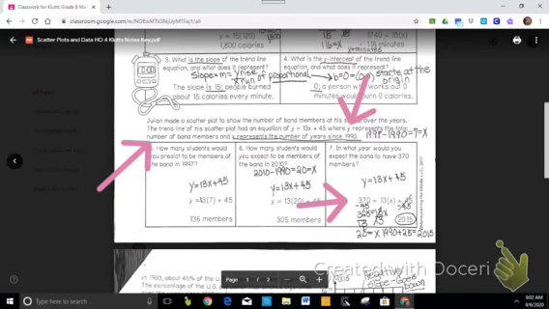To solve for x, we do the one with the variable last. The opposite of positive 45 is negative 45 on both sides. 370 minus 45 is 325. 325 equals 13x. The opposite of multiply by 13 is divide by 13 on both sides. 325 divided by 13 is 25. 25 equals x. But it didn't ask me how many years it was. It said in what